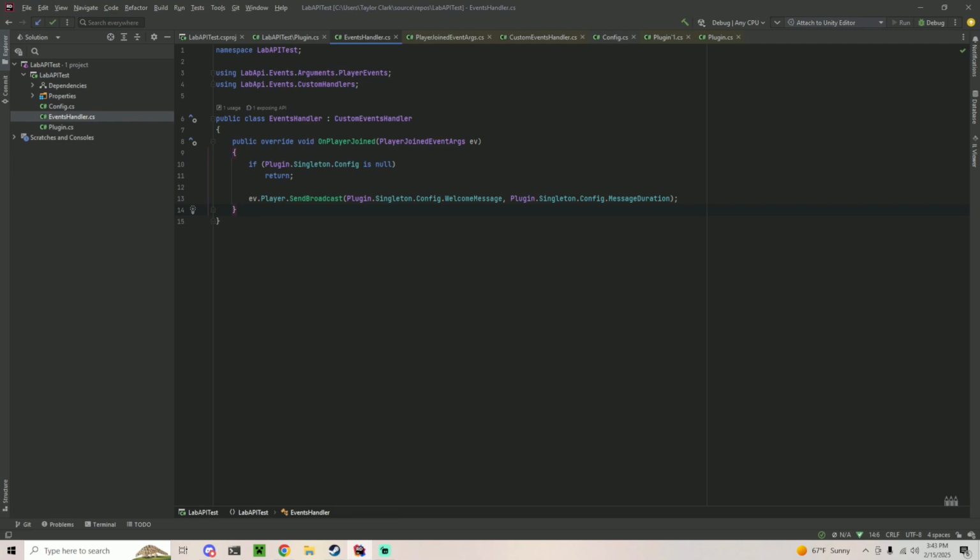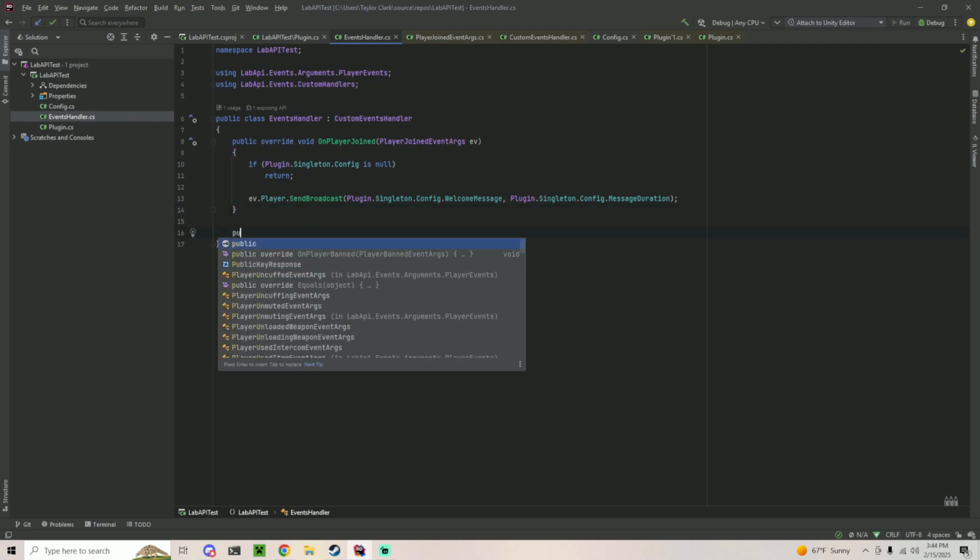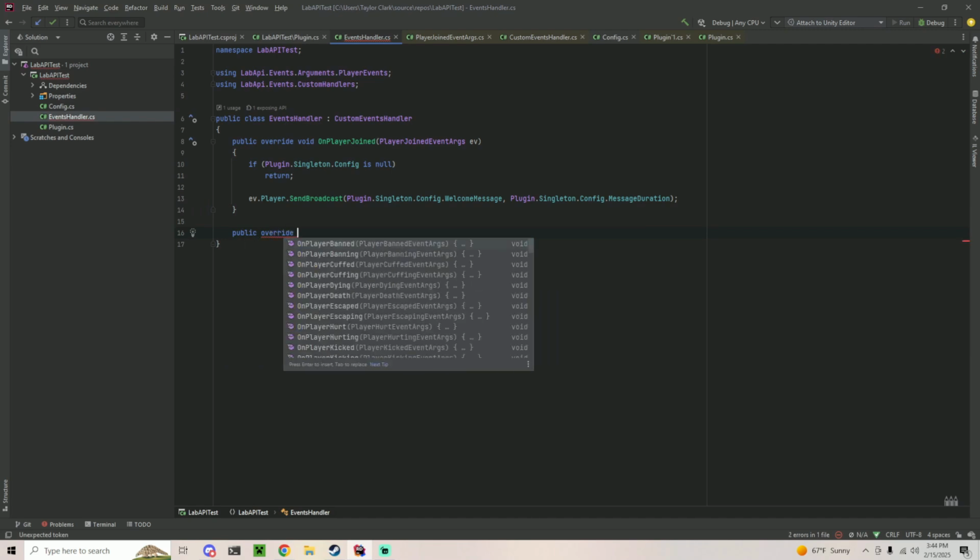Well, in an event-based system, for these sorts of things, we want to either figure out what we want to happen before we do something, or what we want to stop from happening, essentially. So for this, we basically want to stop 096 from getting a target added to them when the tutorial looks at them. So what we can use for that is we can do